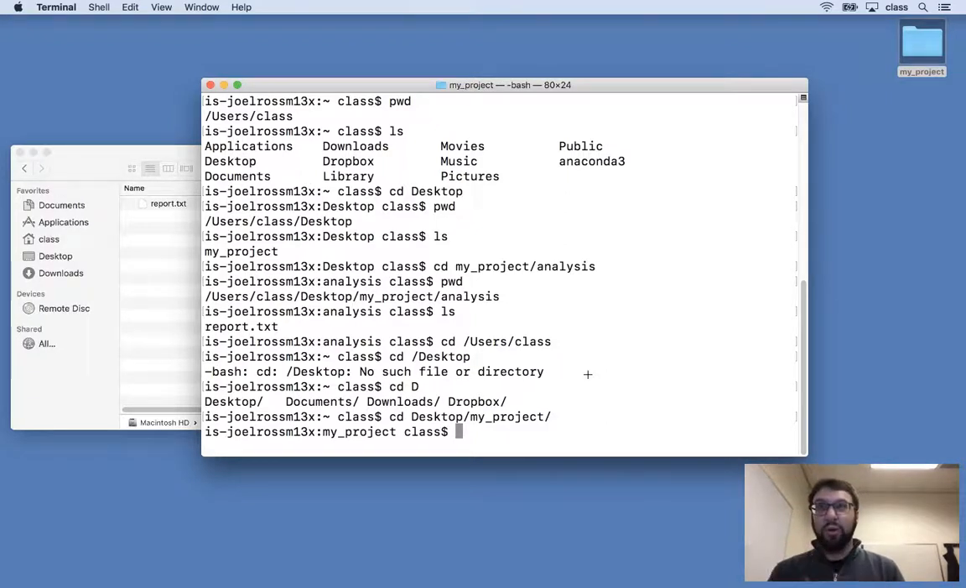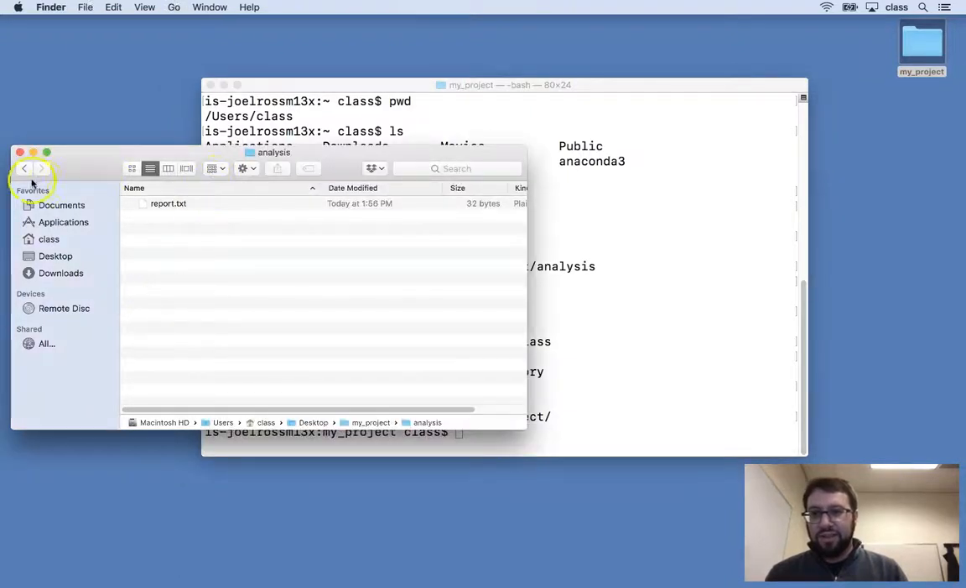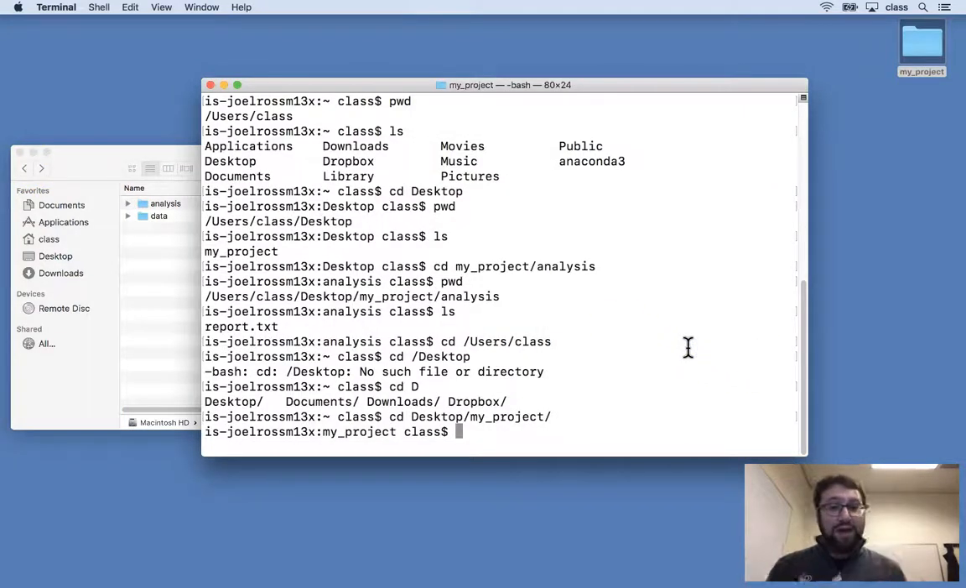Okay, so here we are, back inside of my project. In Finder, if I'm inside this My Project folder and I want to go back up to the desktop, I've got a little back arrow button I can use up here in the corner. On the command line, there is no such back button. While I could move my way back up by using the absolute path, doing cd /user/class,